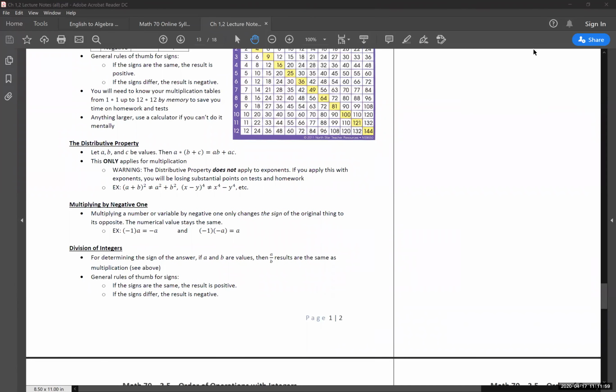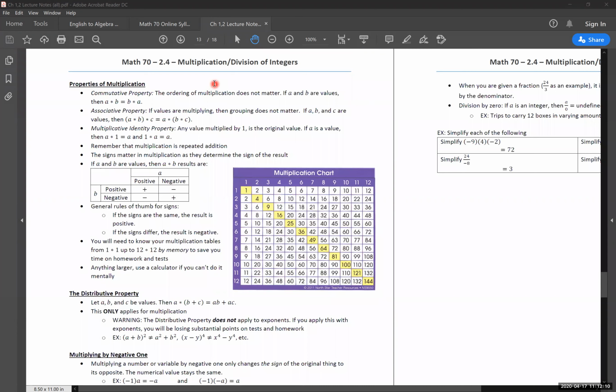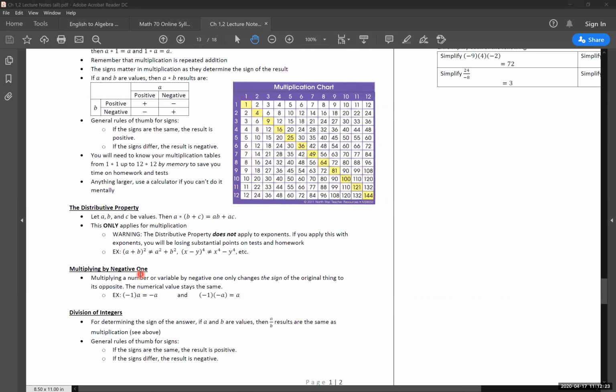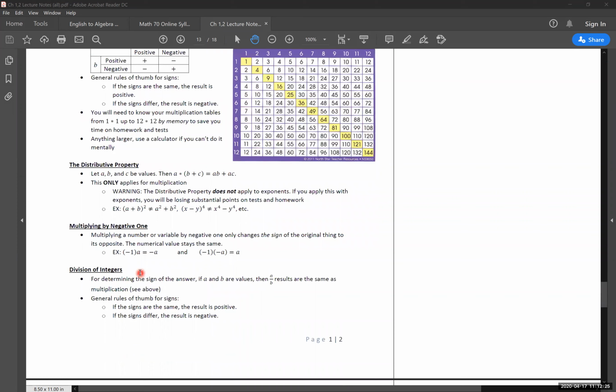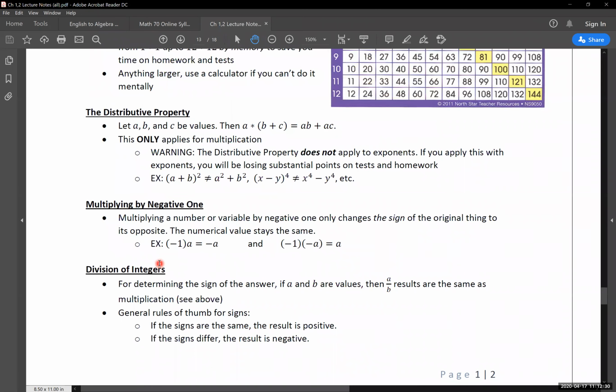All right, so picking up where we were yesterday, we had just finished working with our multiplication properties and rules with integers. So we're just going to be continuing on from that, the second half of 2.4 material, working with division of integers. Our rules with that, some very important rules that do come up with certain numbers that we can or can't work with. But we're going to start with just going through a few things with that, and we'll go from there.